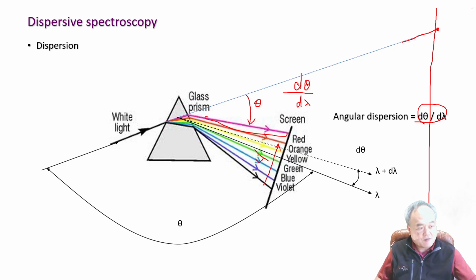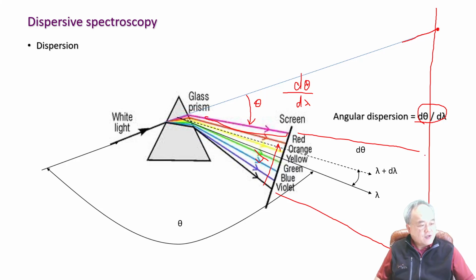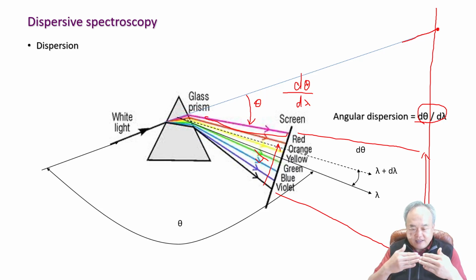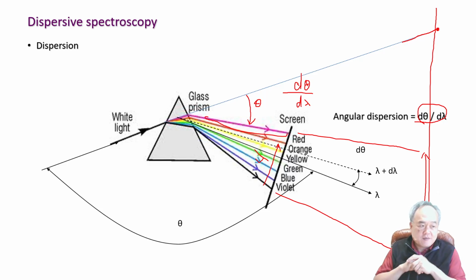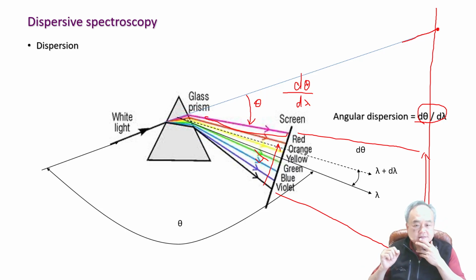This means that when we set up a screen and all this rainbow is projected on it, we should have infinite separation, and even if there is a minuscule, very small change, the photon should fall onto a different part of the screen. So that means we need to have infinite angular resolution, angular dispersion. Okay? However,